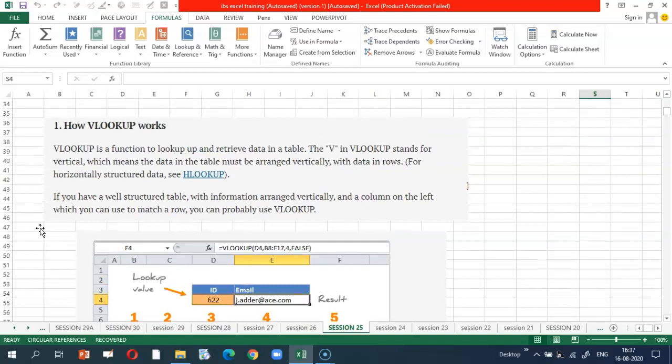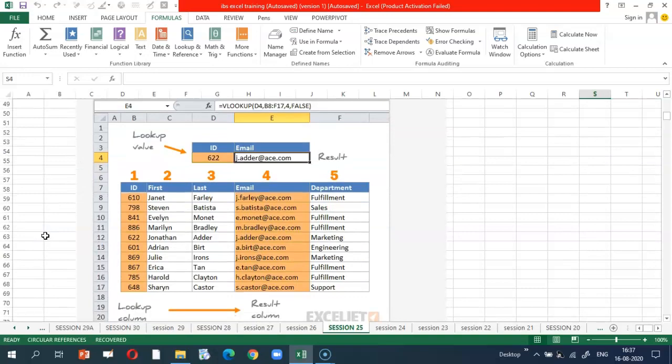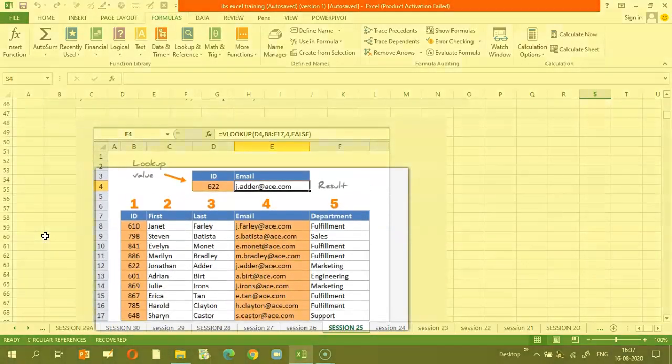VLOOKUP is a function to look up and retrieve data in a table. The V in VLOOKUP stands for vertical, which means the data in this table must be arranged vertically.